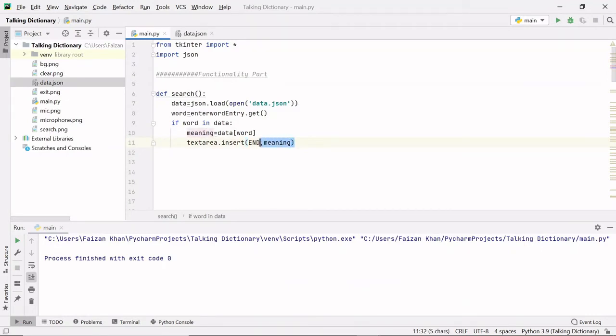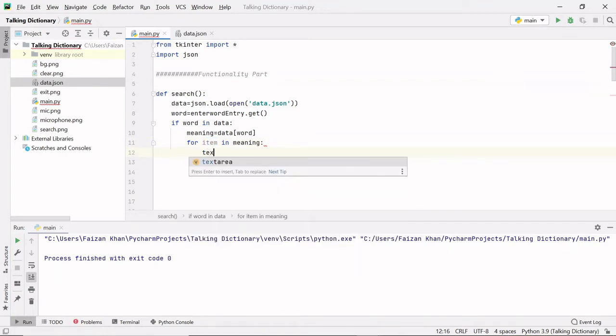So what we will do, we will use a loop here. So for item in meaning, what we will do, we will simply insert the item inside my text area.